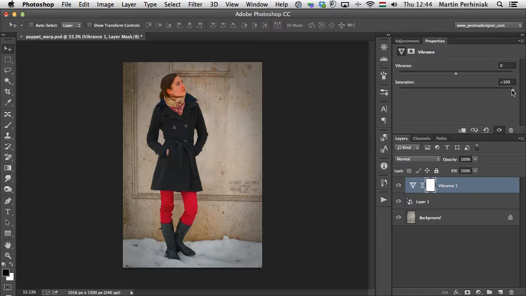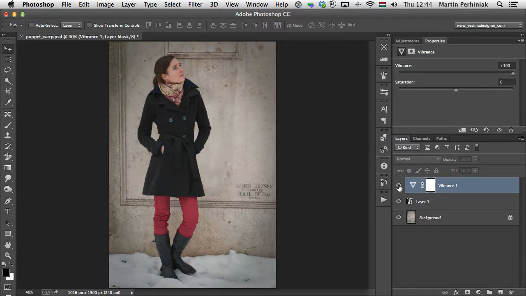So as you can see, 100% saturation is quite intense on the skin tones and also on the trousers in this case. And if I set this back to 0 and increase vibrance to 100%, then we can see it's much more subtle. The trousers and the skin tones are still perfect, so they are not too saturated or oversaturated. But we also managed to increase a little bit the colors of the background, which was more gray and dull before. So vibrance is definitely much more subtle than saturation, but it can still really pump up the intensity of